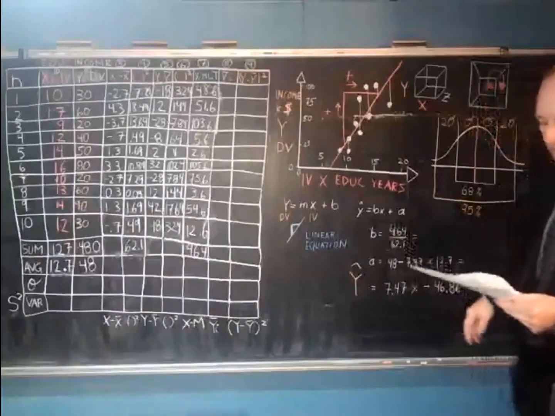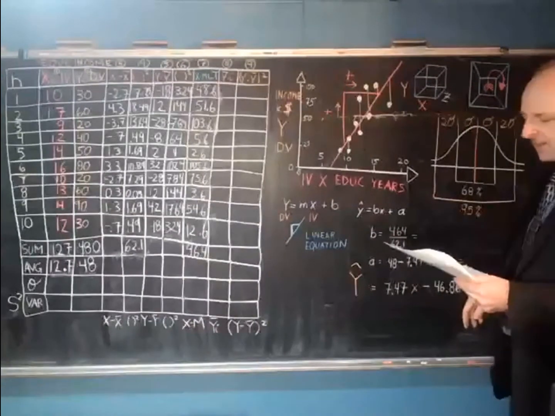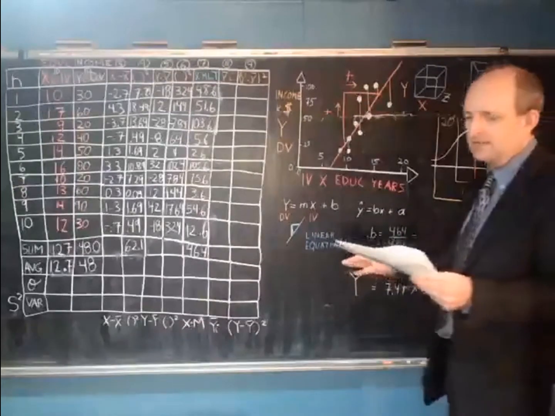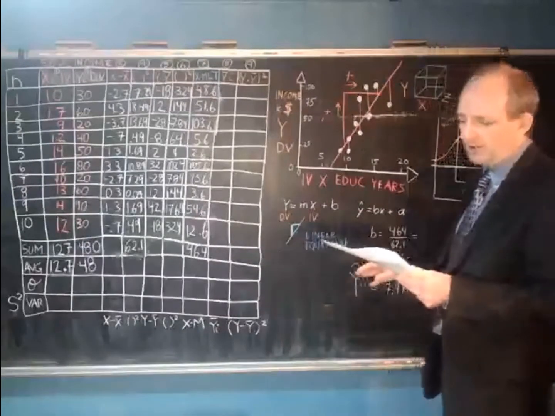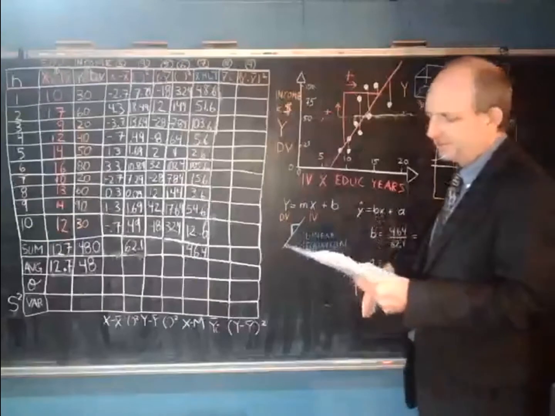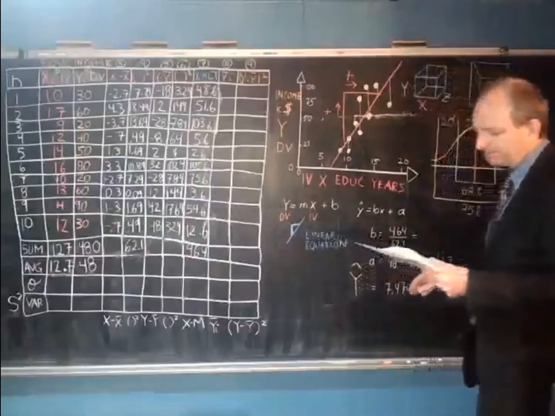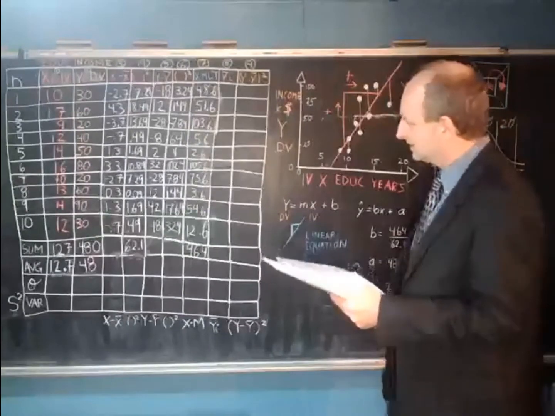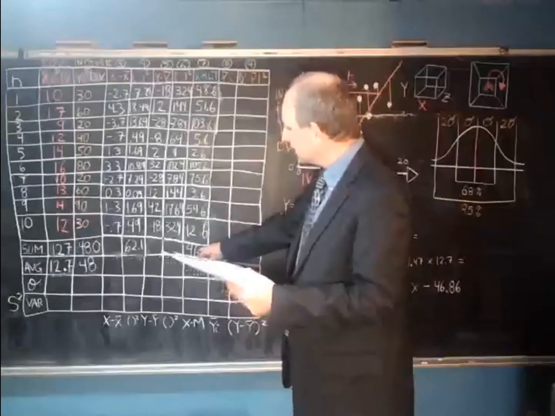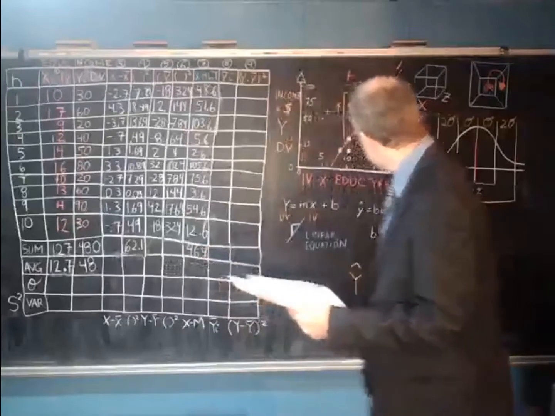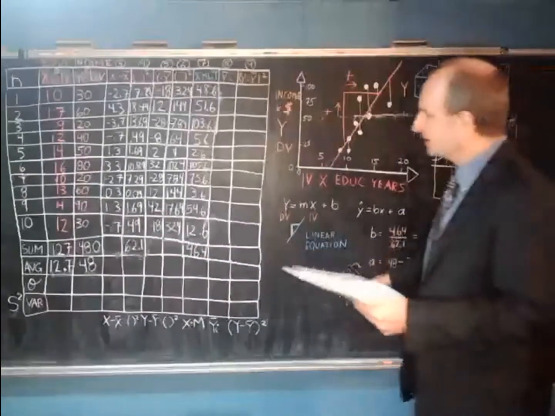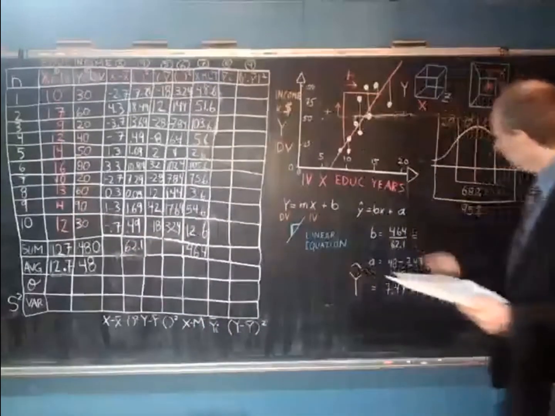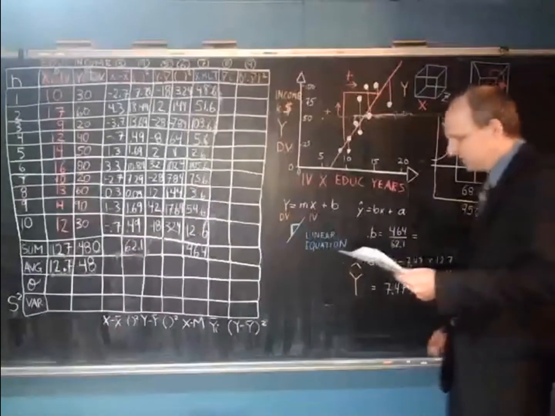And the way that we calculate the slope, we want to find out what the value of b is. B is actually formally called b subscript yx. And this is what you're going to see in your notes, but here I'm just calling it b. And b is serial 11 divided by serial 12. If you go back to serial 11, you're going to notice it's the calculation we made, 464, which we insert here, divided by 62.1. Those are the last two values that we calculated. So we're going to have 464 divided by 62.1, and that's going to give us a value of